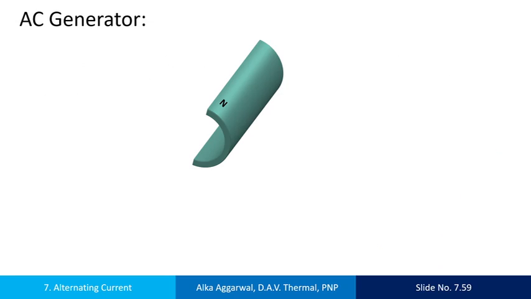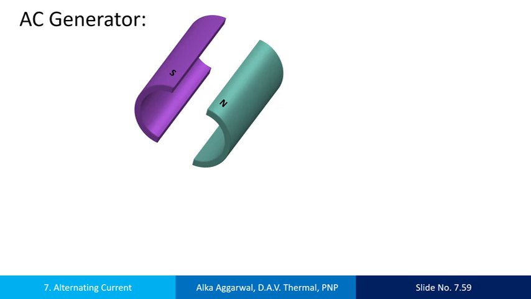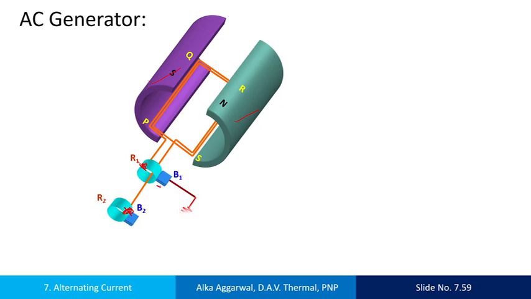Now, the AC generator, see the working. These are the field magnets, that is the north and south poles of a very strong magnet. It is an armature. Armature is a coil which rotates within the magnetic field, and the lower ends, these two ends, are connected with the slip rings. And the slip rings are in contact with the brushes. Okay. Now, let us rotate the armature.